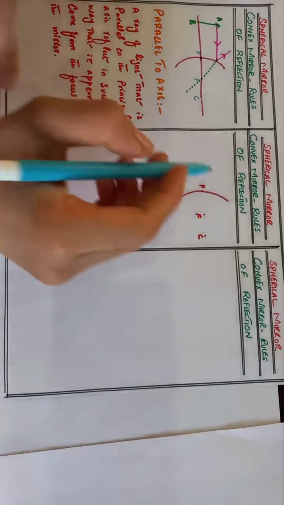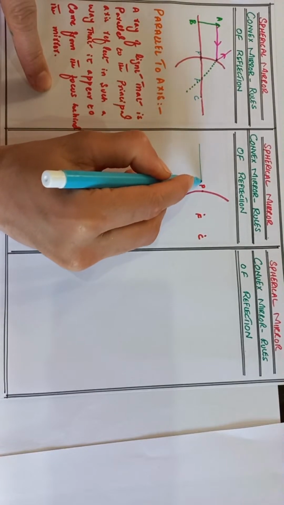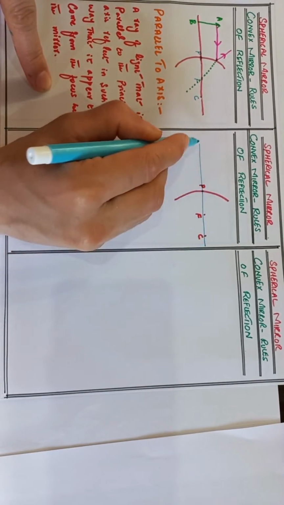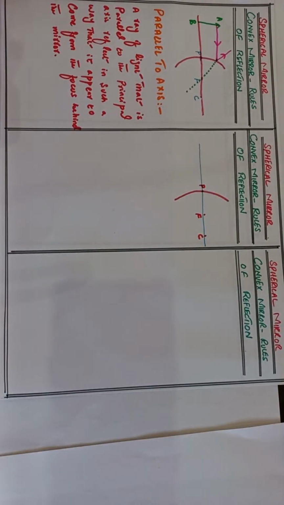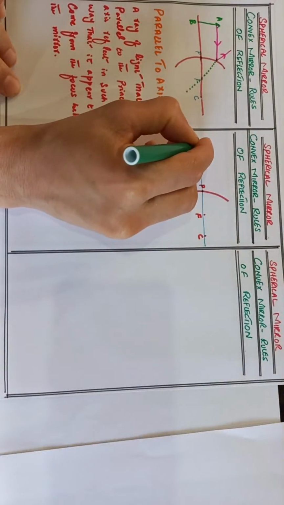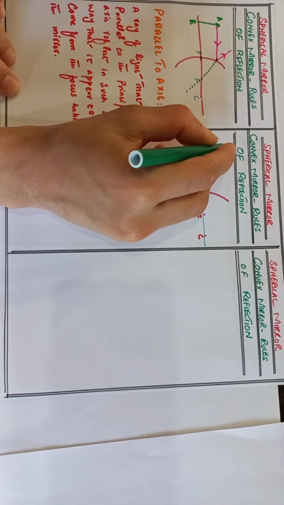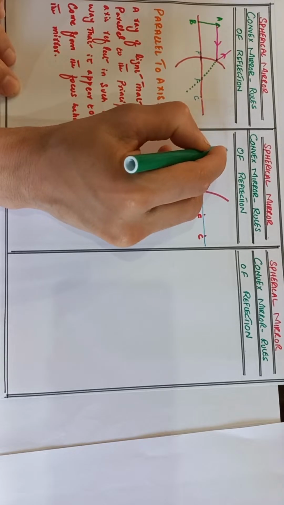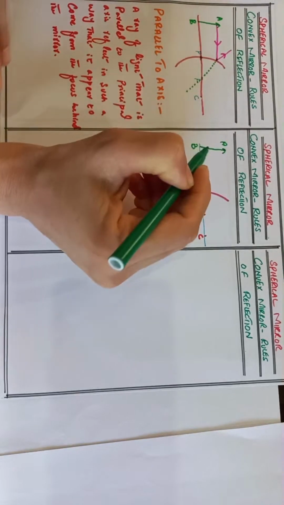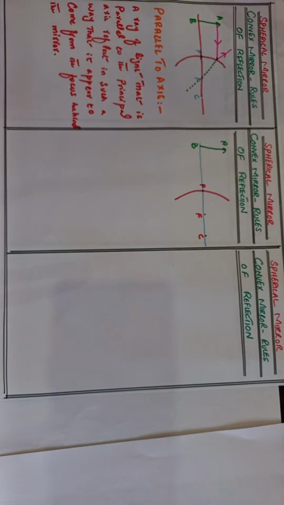Here we draw the principal axis that passes through the pole and center of curvature of the convex mirror. Now here we take the object AB. If the ray is directed toward the focus of the convex mirror,